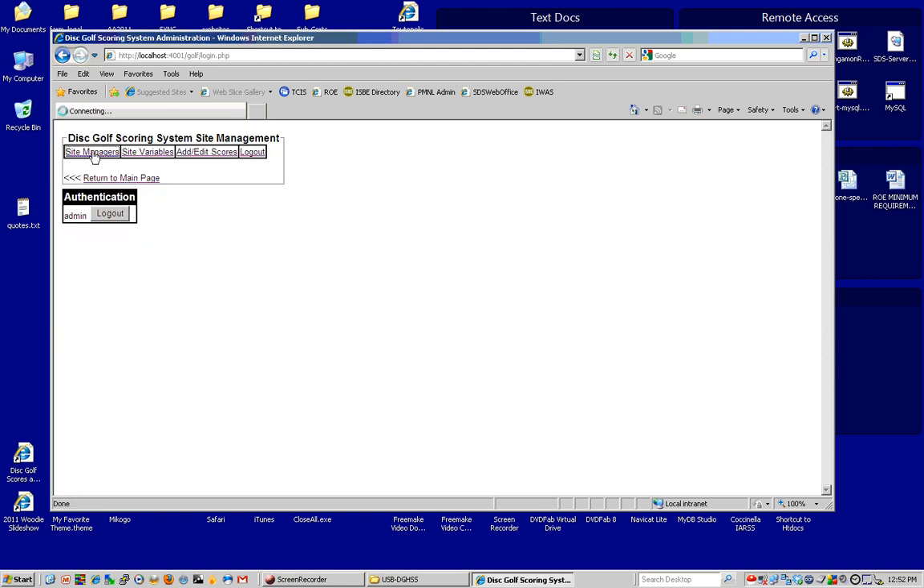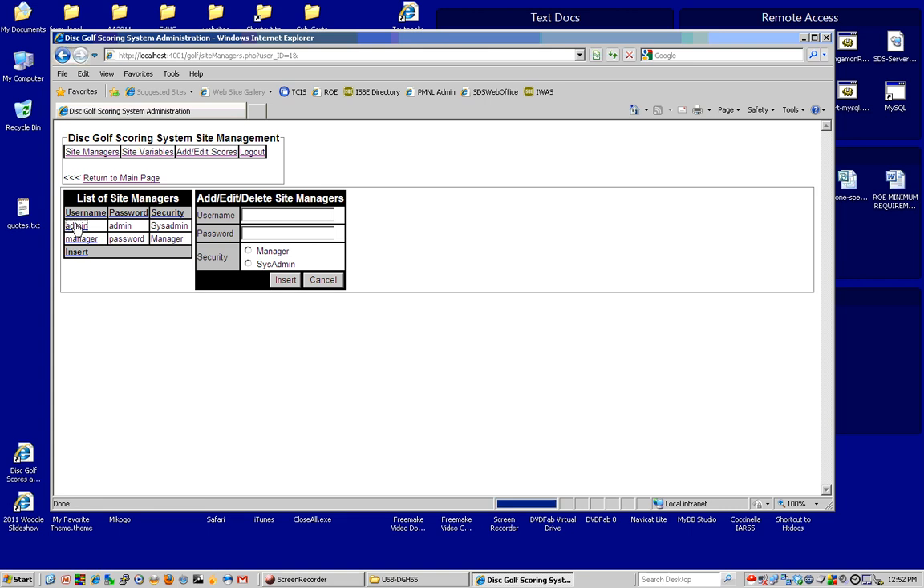One last thing we need to talk about are your site managers. There's the admin, who can take care of everything. You probably want to change that password. And here's the manager, and that's the person that can enter scores. Now you can have as many managers as you want, so you might want to change the default password here too. So we're going to go ahead and log out,